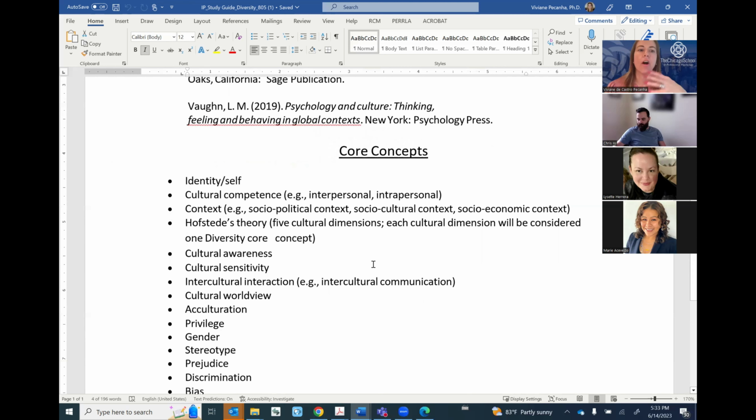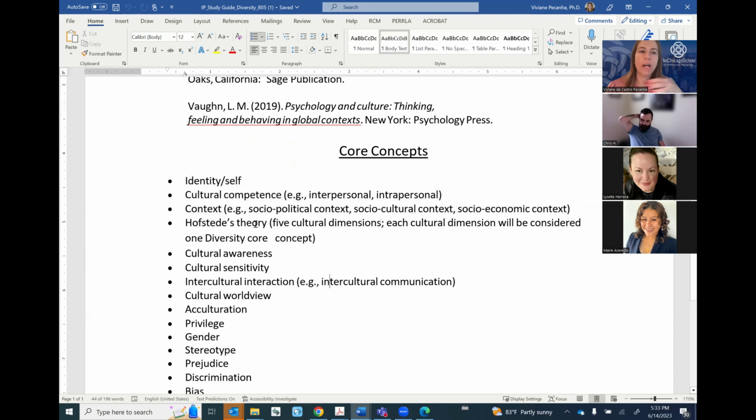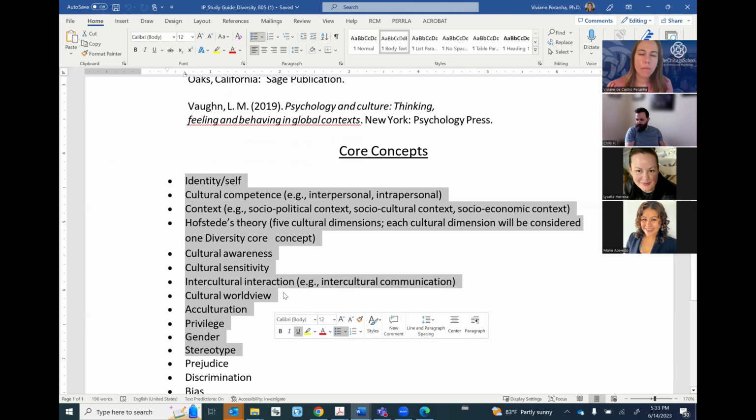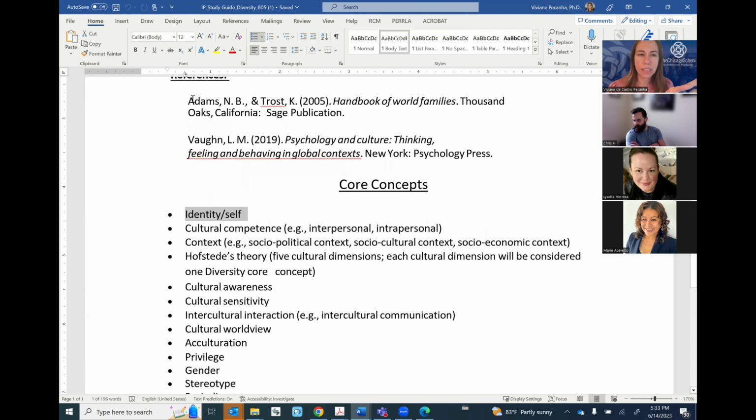I'm not saying that all the questions we will ask will be about all these concepts, but these are the concepts that you learn so far, or will learn until the moment you do your comprehensive exam. So the concept of identity and self, and all of them, are discussed and defined in those textbooks, okay? Cultural competence, interpersonal, intrapersonal,